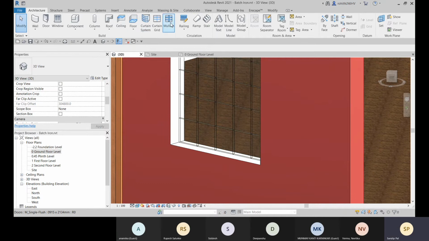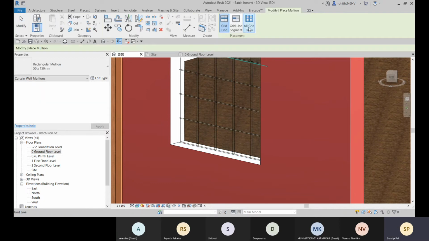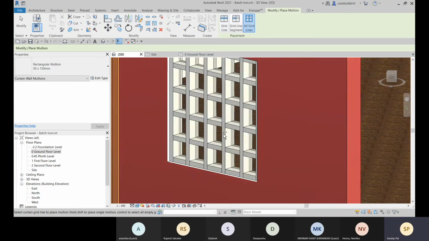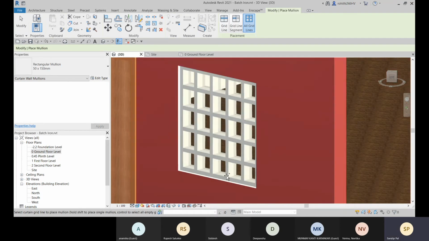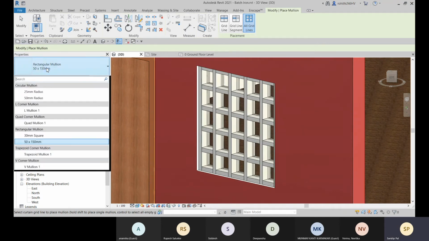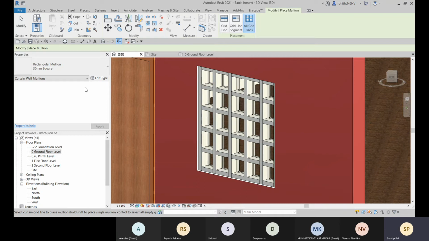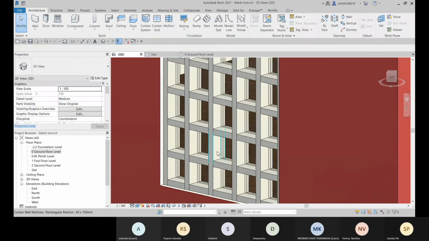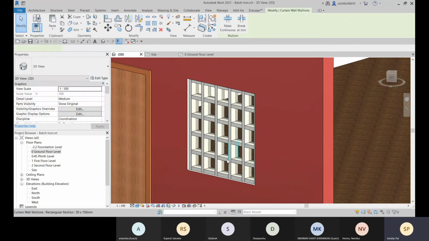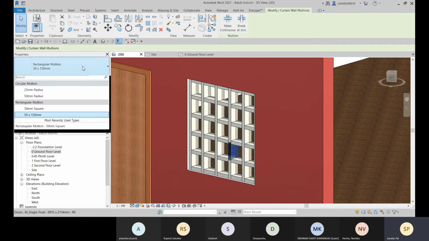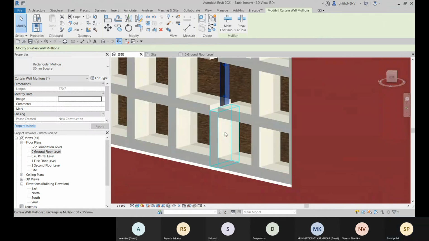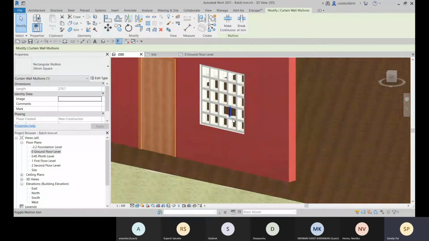Okay. Now after placing this exterior glazing, within this Build panel, we have this mullion option, and you can choose all grids. On all the grids, the mullions will be placed. And here you can see this is the mullion. The thickness is too high. You can change to this one. Let me select all the mullions over there, and let me choose this one.